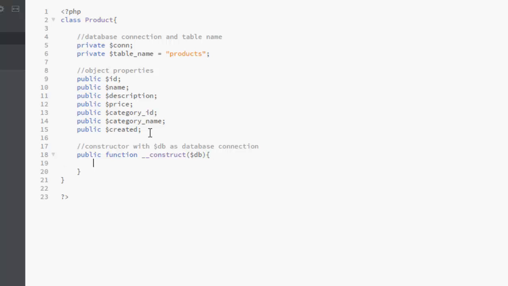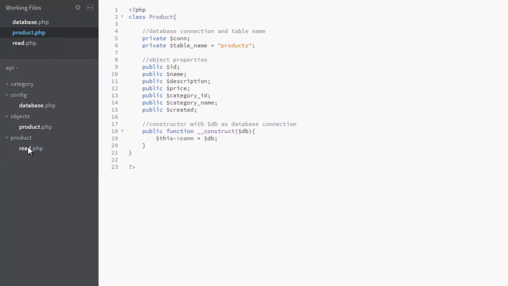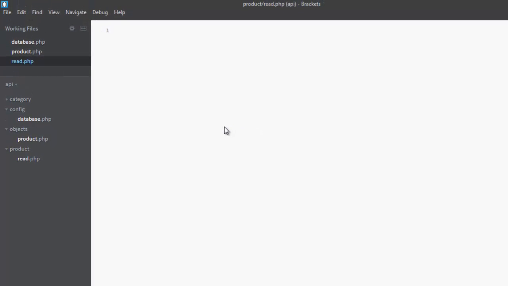So this connection equals to the DB. That's fine. Save that, right? So back to the read.php that we actually add. So this is actually going to speed out some stuff. So let's